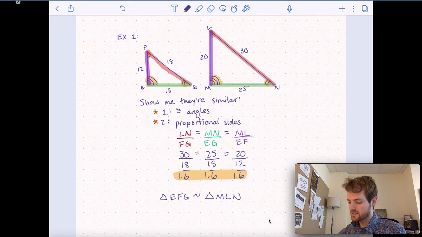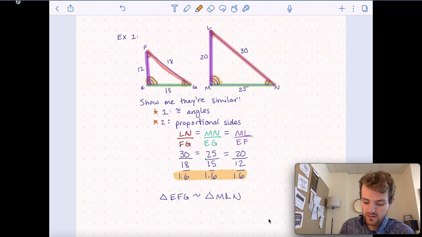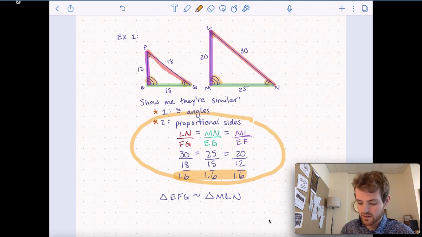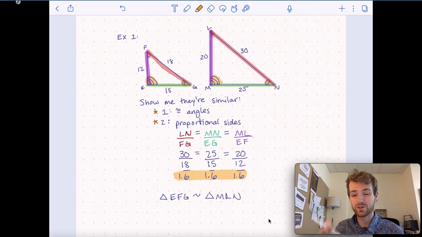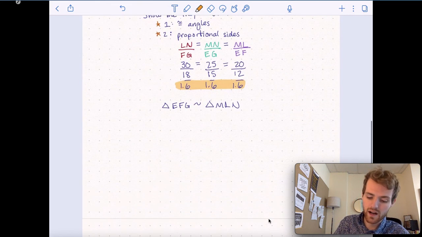That is example 1. Let me say this. The big piece for today is this proportional sides. There we go, there's lunch. So we really want to focus in and make sure that we're understanding that proportional sides piece. Let's get a little more practice